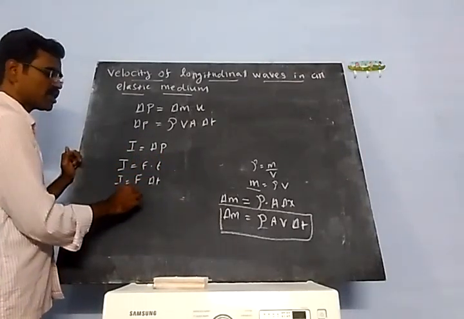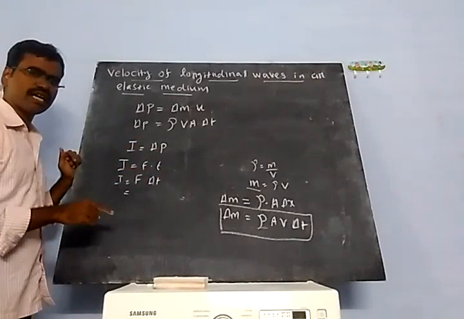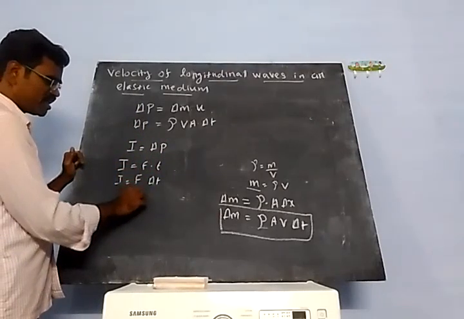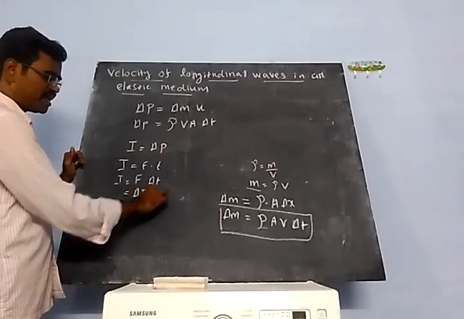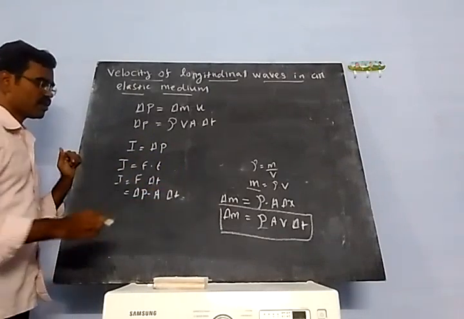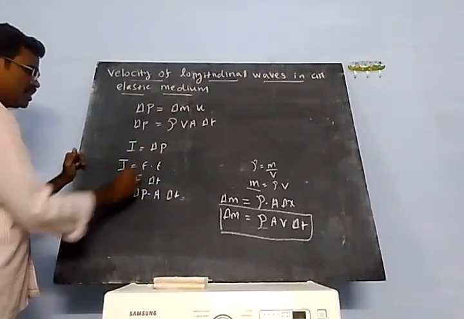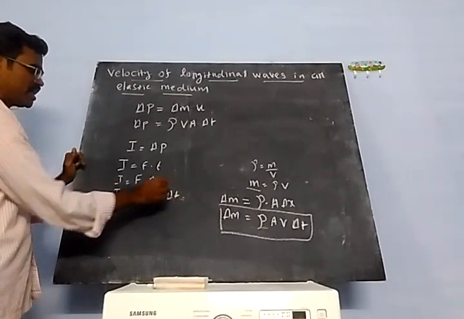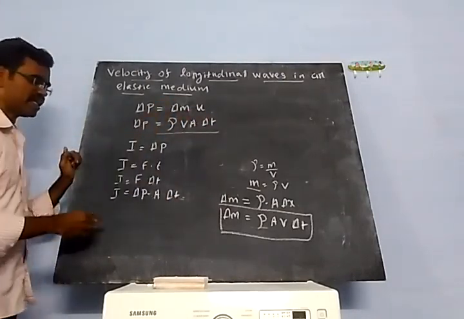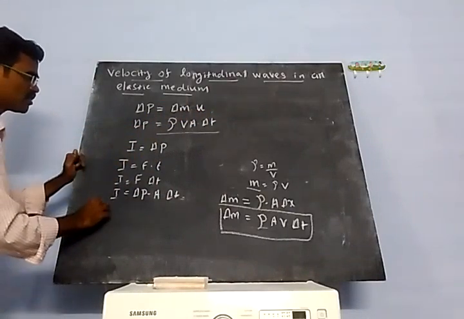Here force is equal to changing pressure into area. So changing pressure del P into A. So del P A into del T. Okay. So I is equal to del P A into del T. So I is equal to del P. So del P is equal to rho V A into del T. You can substitute here. So rho